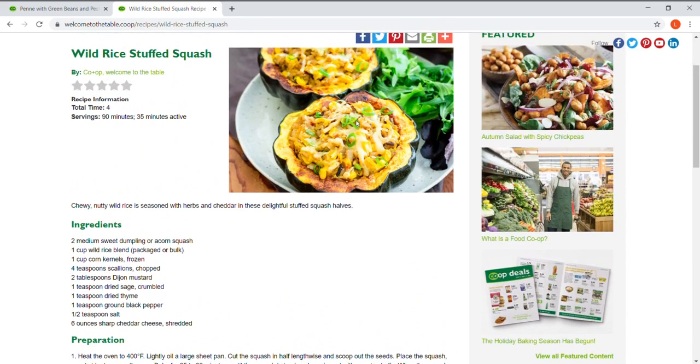So I hope this helps you think through, as you're exploring new recipes, the sorts of things you should keep an eye on as you're reading them, so you're set up for success and you have meals that you